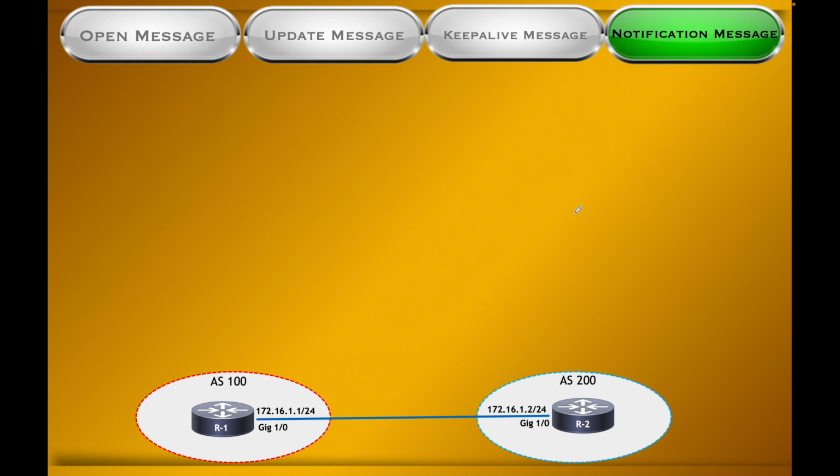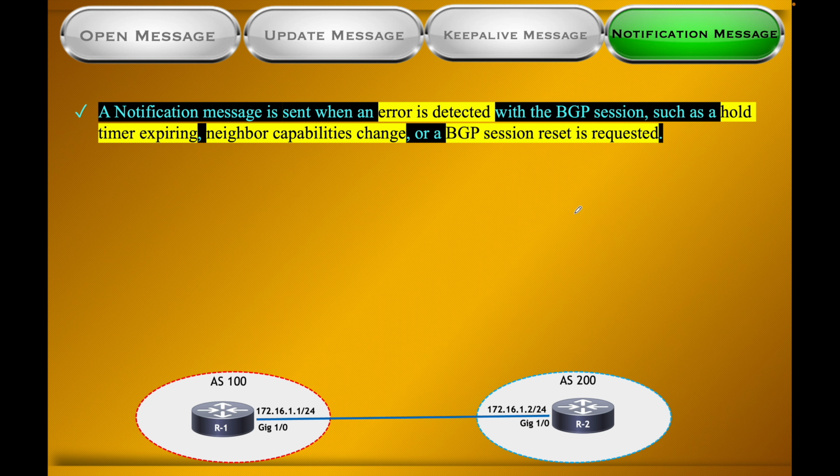All right, now time to understand the notification message. What is a notification message? It's a notification, as its name says. It notifies its peer. A notification message is sent with error detection. If there is any error with the BGP peer, it will send to its BGP peer that there is an error, such as hold timer expiring,